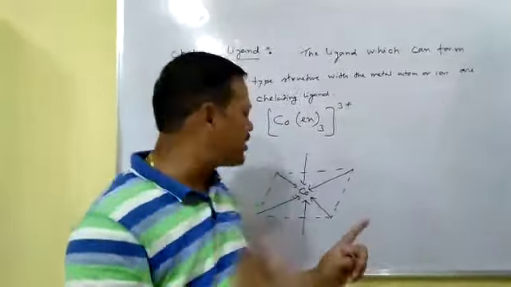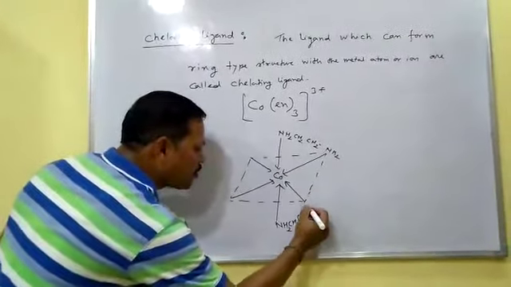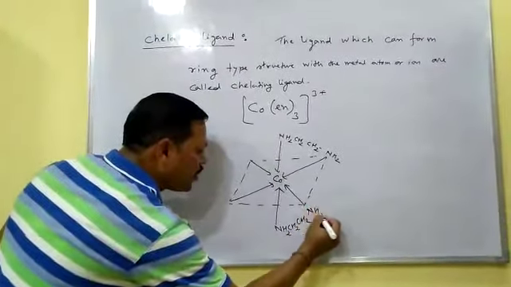Now, there are 3 ethylene diamine. This is one ethylene diamine, NH2, CH2, CH2, NH2. Have you got it? This nitrogen donates one pair to form a bond. This nitrogen donates one pair to form a bond. I mean, one ligand produces 2 bonds. This is another ethylene diamine, NH2, CH2, CH2, NH2. This nitrogen donates one pair, this nitrogen donates one pair, it also produces 2 bonds. And this is one more ethylene diamine, NH2, CH2, CH2, NH2.